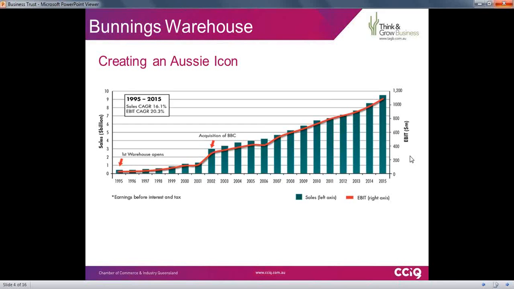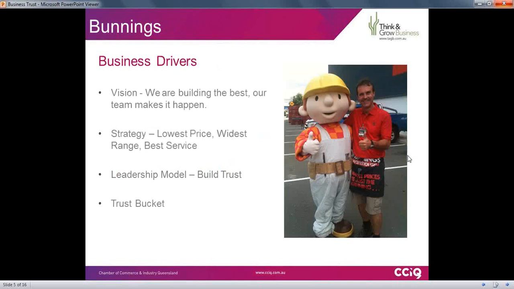And it's underpinned by a couple of very key critical points. It's underpinned by a very strong business model, but it's also underpinned by this concept of trust. So let me just share that with you. When we look at the business drivers of Bunnings, and you can see in that picture, it's not underpinned by